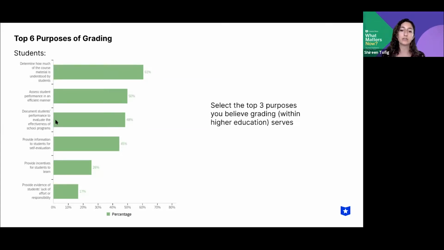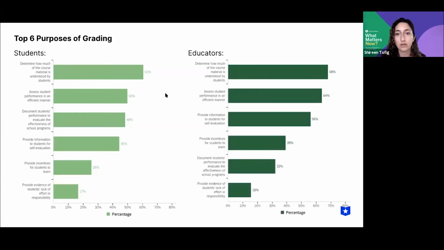When we asked educators the same question, what do they think are the top 3 purposes of grading? Here's what we saw. We saw that there is some alignment. Both students and educators agreed on the top 2 purposes of grading, but for their third, educators reported provide information to students for self-evaluation.